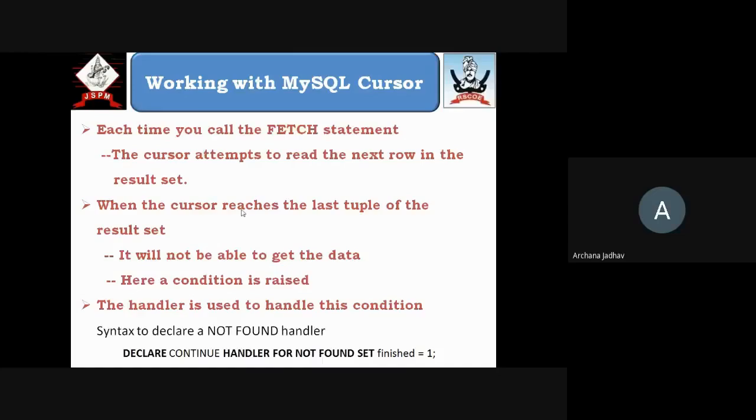Here the condition is raised by MySQL, and to handle this condition we need to declare a handler in our code. The syntax for declaring the handler in MySQL is: declare continue handler for not found, and then we set some variable value to 1. Here we have used the variable name finish.